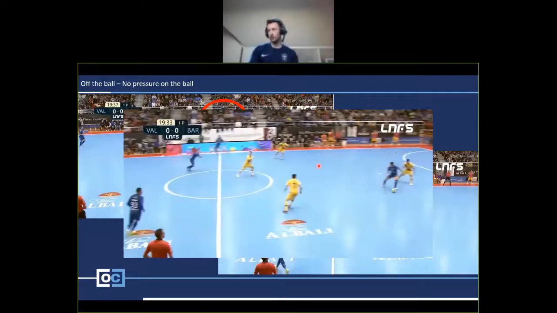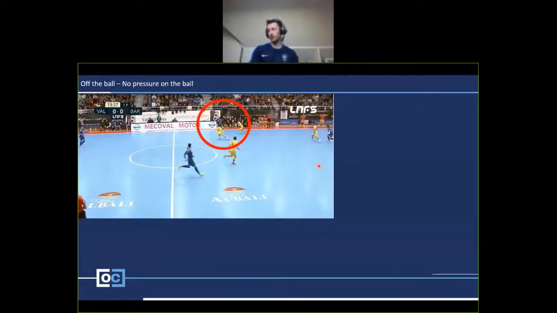So if we just go back a couple of slides, you can actually see here the pivot, he's playing on the shoulder of the back man. He knows that he's not going to get the ball in this scenario, but he's trying to think, well, in the next pass, how can I land on the ball? So already here, he's trying to read, how can I help these two players once they get the ball? He's kind of expecting this guy to not give them the pass.